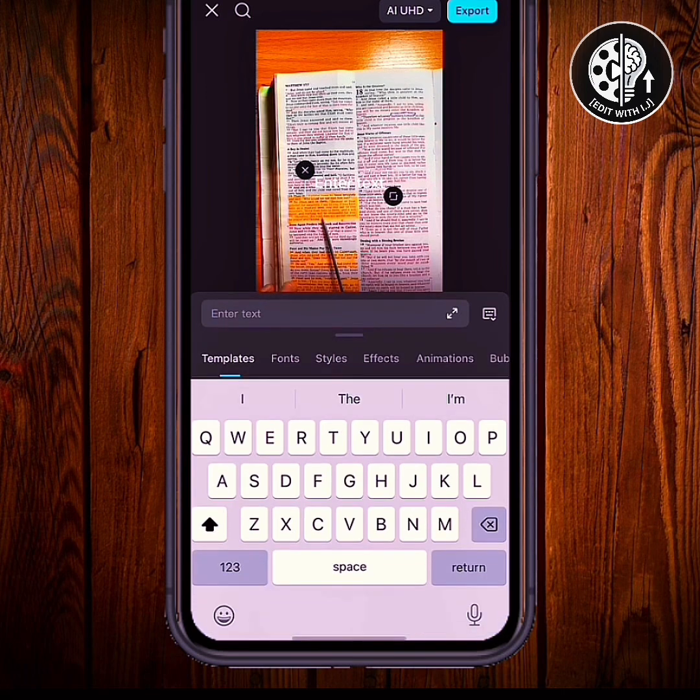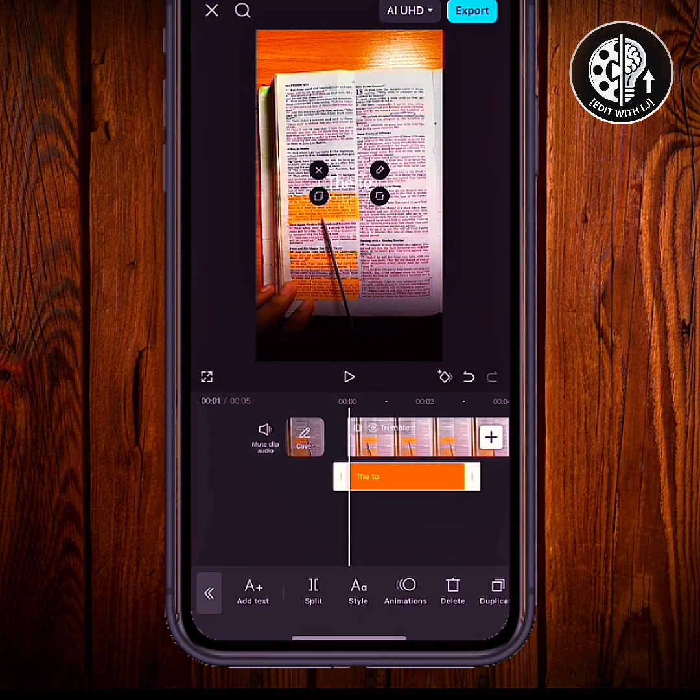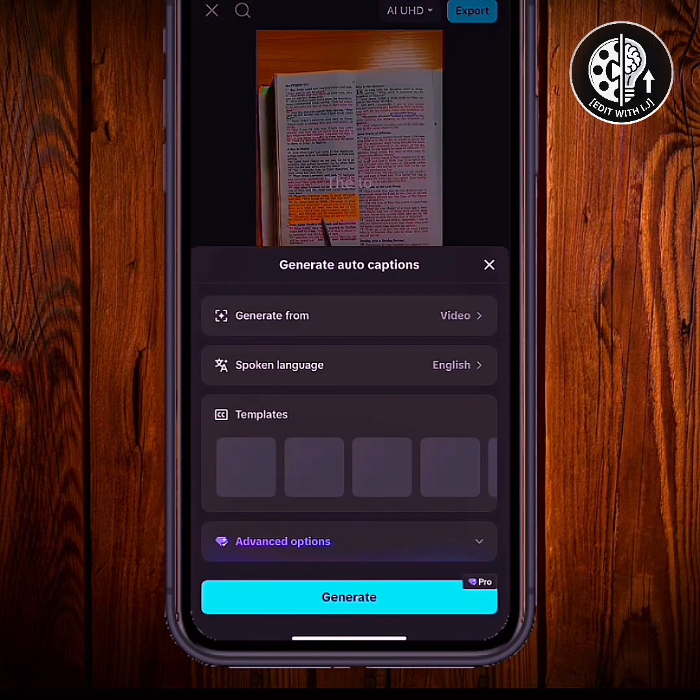This will help you to manually add text to your video. And the next tool we have here is the auto caption. This auto caption helps you to add subtitles to your video. Like, it helps you to automatically add text to your video by clicking on it